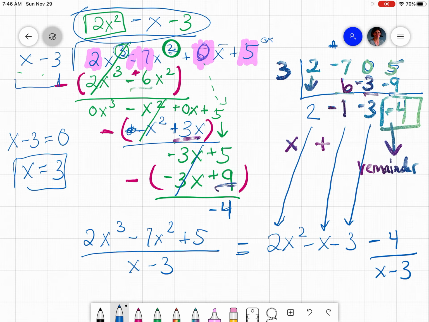Now, remember at the very beginning we said, what's our goal of all of this? Well, our goal is to find the factors. And this number will be a factor of what's above it if there is no remainder. There's some other little tricks in the lesson, other things that can happen when we use synthetic division. But if our goal is to find the factors, we're going to get no remainder. And this is asking you to first walk through and make sure you can do these two kinds of divisions. So I hope you find this helpful in that problem and